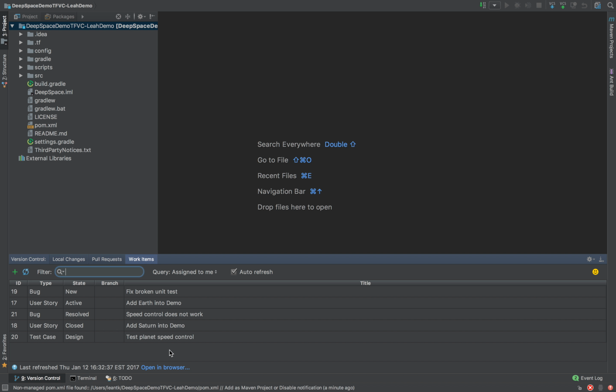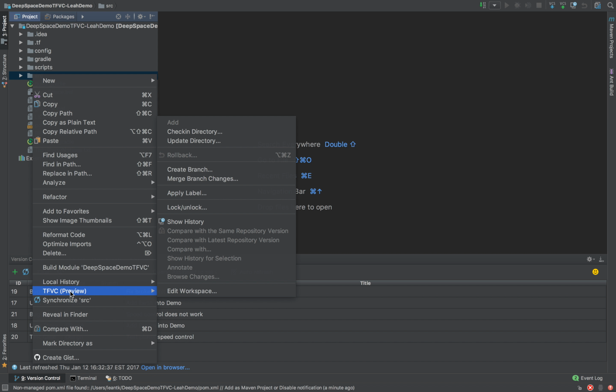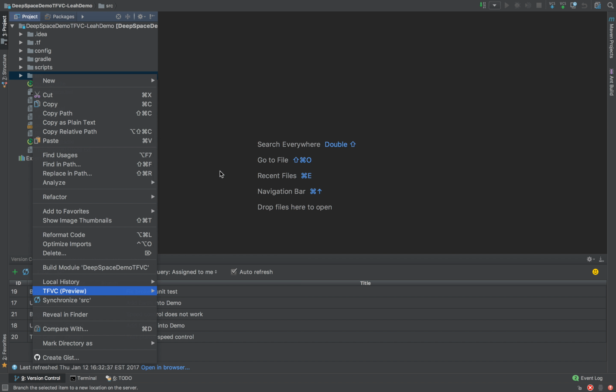So what I want to do next is, let's say I want to start some work. I want to go in here and I want to create a branch, let's say. And if you right click in the project window here, you see that the drop down menu has a TFVC menu option. And this gives you all the TFVC functionality that we offer. So if we go here and we do create branch,